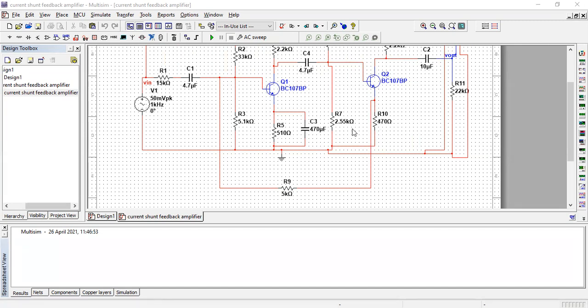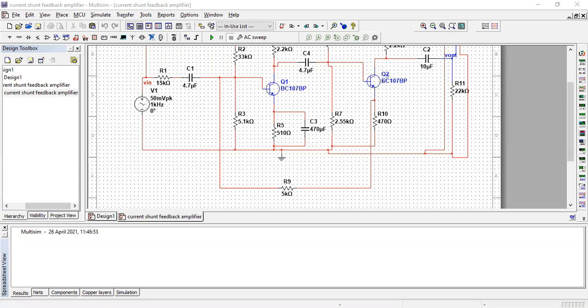Now where am I connecting, because I have to take the current sample, not the voltage sample. For taking the voltage sample, where did I connect? I connected to the collector terminal. Wherever the output is available, at that point only I connected my feedback element. So now where am I connecting? I am connecting to the series current sample, not the voltage sample. To take the current sample, I have connected to the emitter resistance. How have I connected to the input? In parallel. So that's why it is called what? Current series feedback amplifier. Are you getting it?